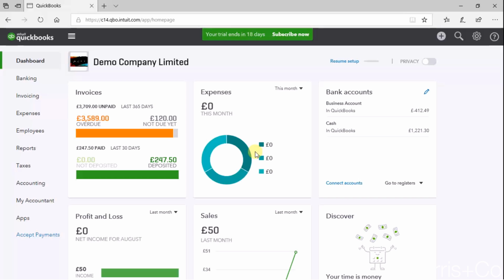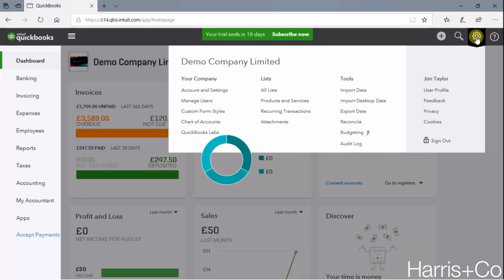Hello, in this video I'm going to show you some of the personalization that's possible within QuickBooks Online when it comes to sales invoices and communicating with customers and suppliers. So to get to this, here we are on the dashboard. If you click on the cog at the top right, the settings button, and then click on custom form styles,